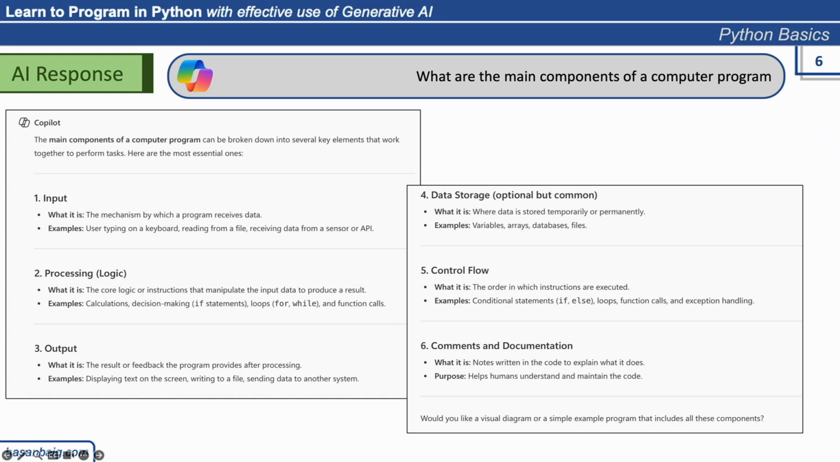Then whatever the computer program takes as an input, it has to process it. It has to work around whatever it is supposed to be doing, and then it should produce an output. It could be in any form. It could be a message to the user on a screen. It could be writing the data into a file. It could be generating a voltage signal, whatever. And then this CoPilot also says that there are a fourth, fifth, and sixth main component, which